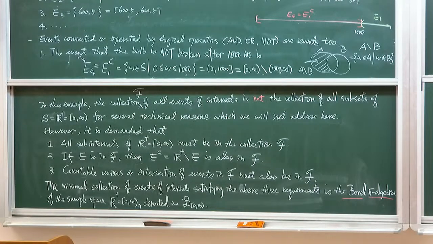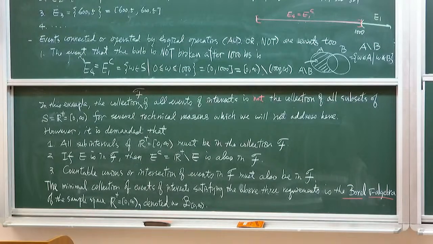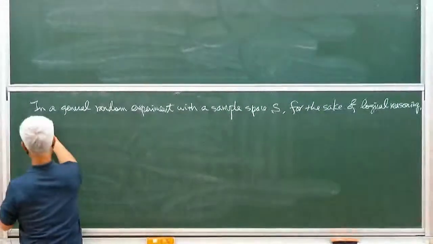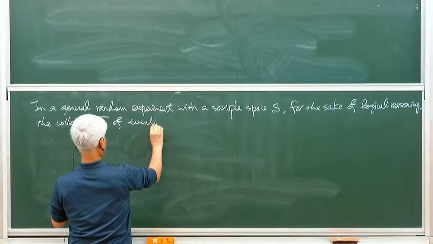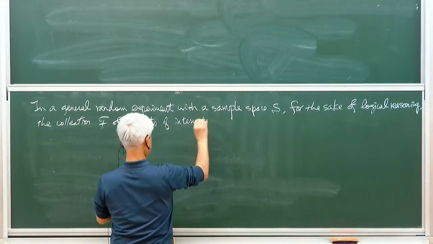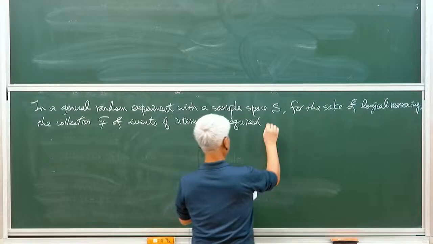You can see, so in general, for random experiments with a sample space, for the sake of logical reasoning, the collection F of events of interest is required to satisfy